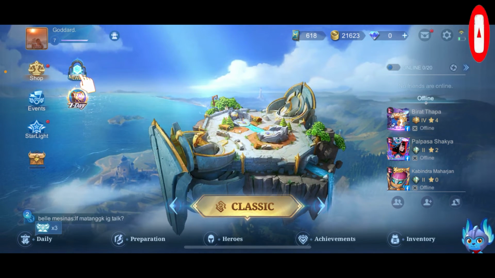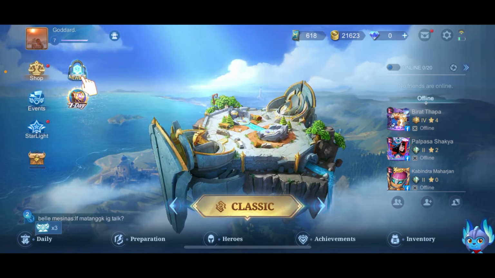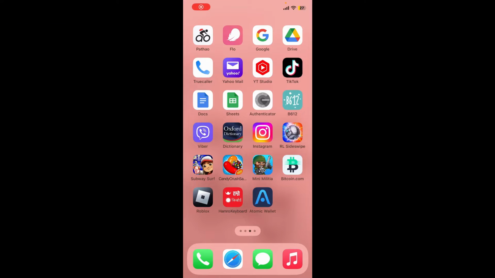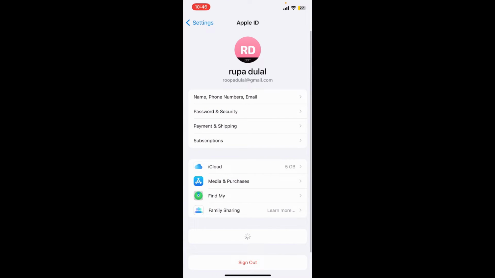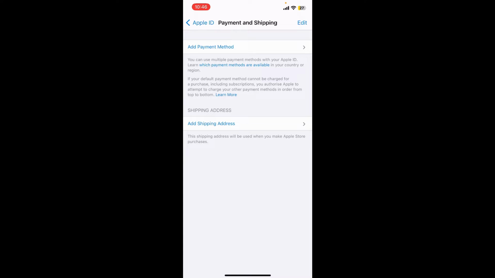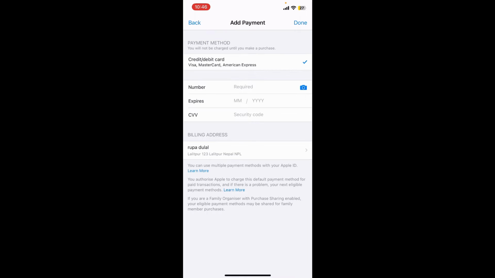To change your payment method using your iOS device, you'll first need to open up your settings from your iPhone. From the settings menu, tap on your name at the very top of the screen and tap on payment and shipping. You might also need to sign in using your Apple ID in this process. Once you are done with it, here in this page, you can tap on the add payment method button and simply go ahead and